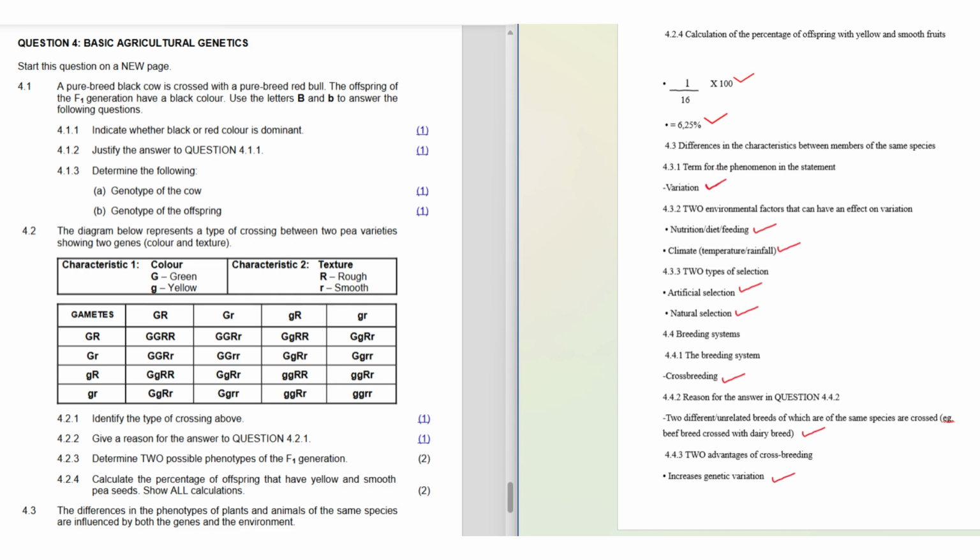So step number 3, we're going to take the number of yellow and smooth offspring, which is 1, then we're going to divide it by the total number of offspring, and we times it by 100. Why are we timesing it by 100? This is because we want a percentage. So this gives us an answer of